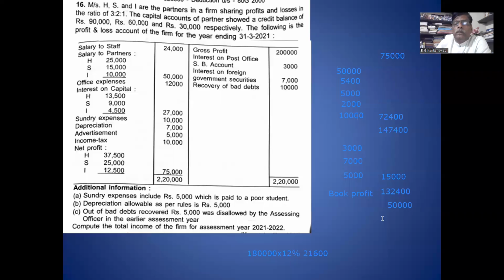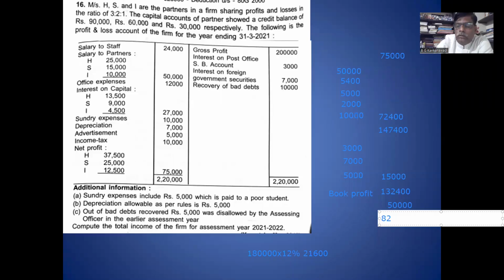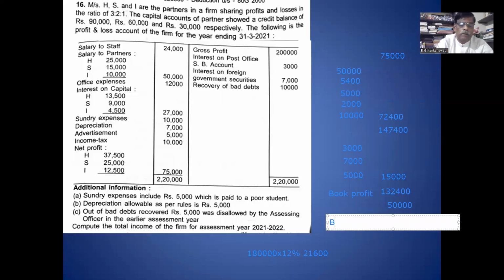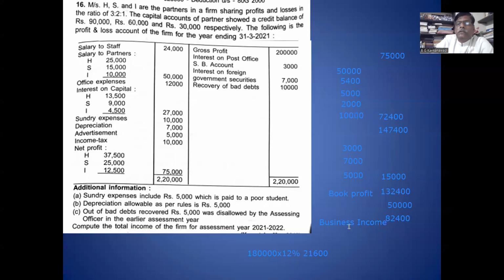So your income from business is, I think, 82,400. 82,400 is called business income. Okay, business income. And